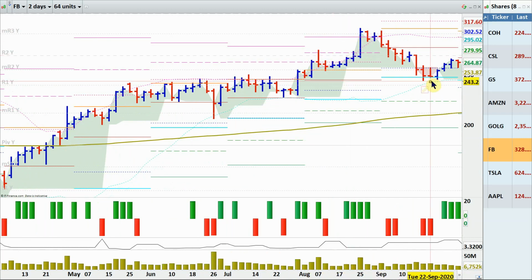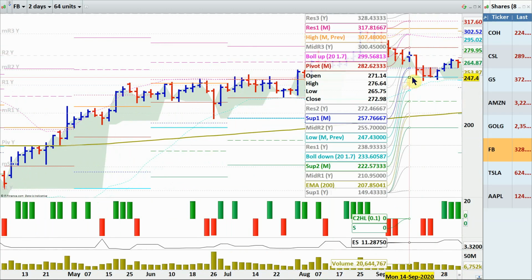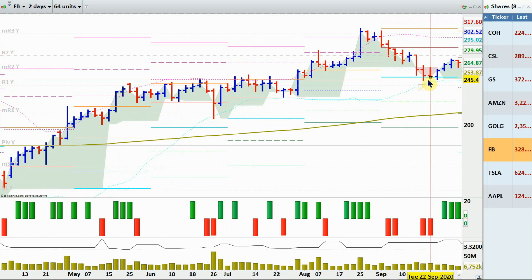This is all sellers out here, because it got stopped on a support. This is the support of a previous monthly low. So this is a good example, a very good example, when the close is near to the low at a support. So this is a very good example of all sellers out.